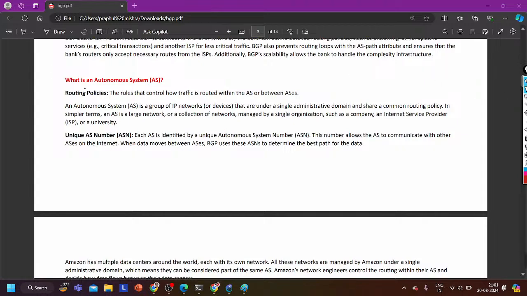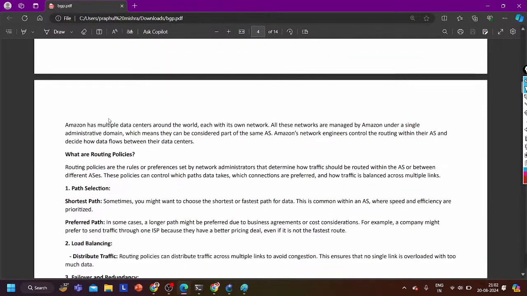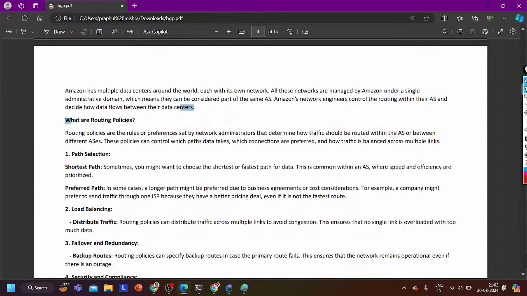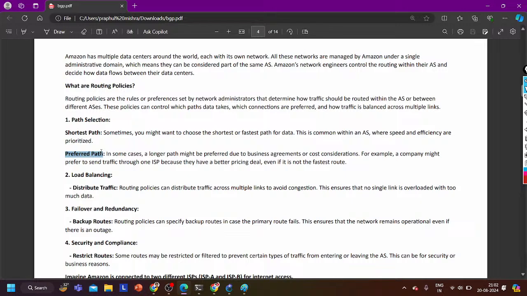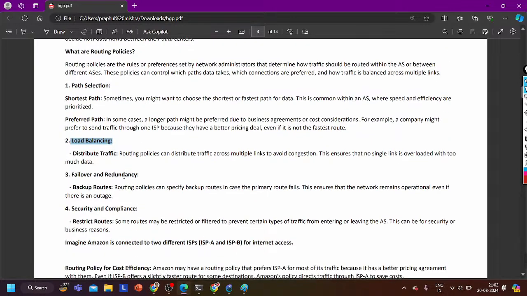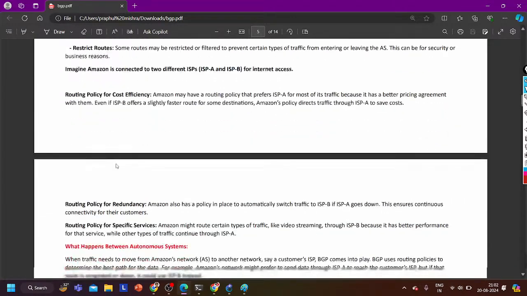Then guys, routing policy. See, as I told you, routing policy means path selection. How routers are going to select the preferred path. How you are going to configure the router to consider ISP1 as the primary ISP and ISP2 as the secondary ISP, those things are routing policy only. How you are going to configure load balancing, right? So if these policies are the same on multiple routers, that means all those routers belong to the same autonomous system. Correct?